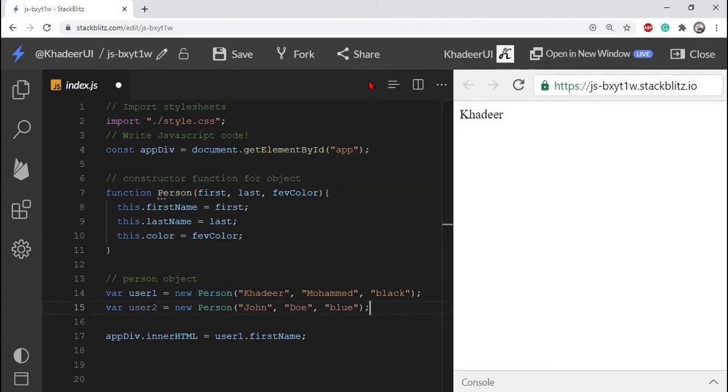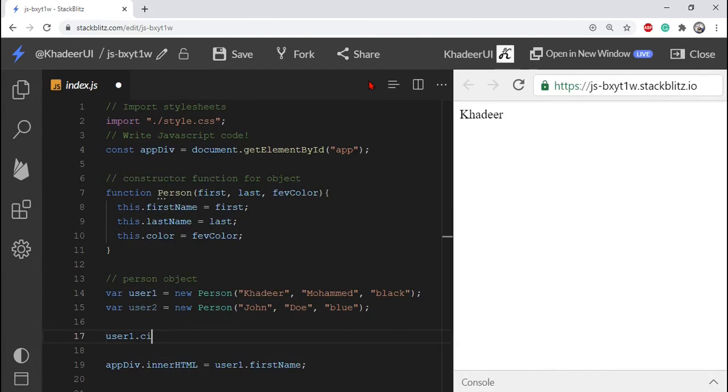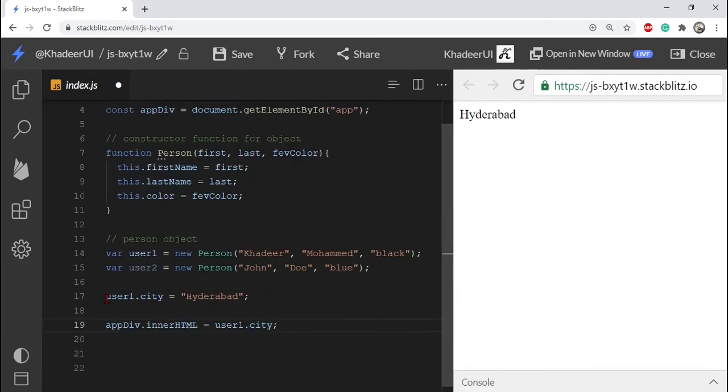Then I will show you adding a new property for user1. Write user1 dot city equals Hyderabad. Here writing city reflects Hyderabad. As well as properties, we can add methods to objects.